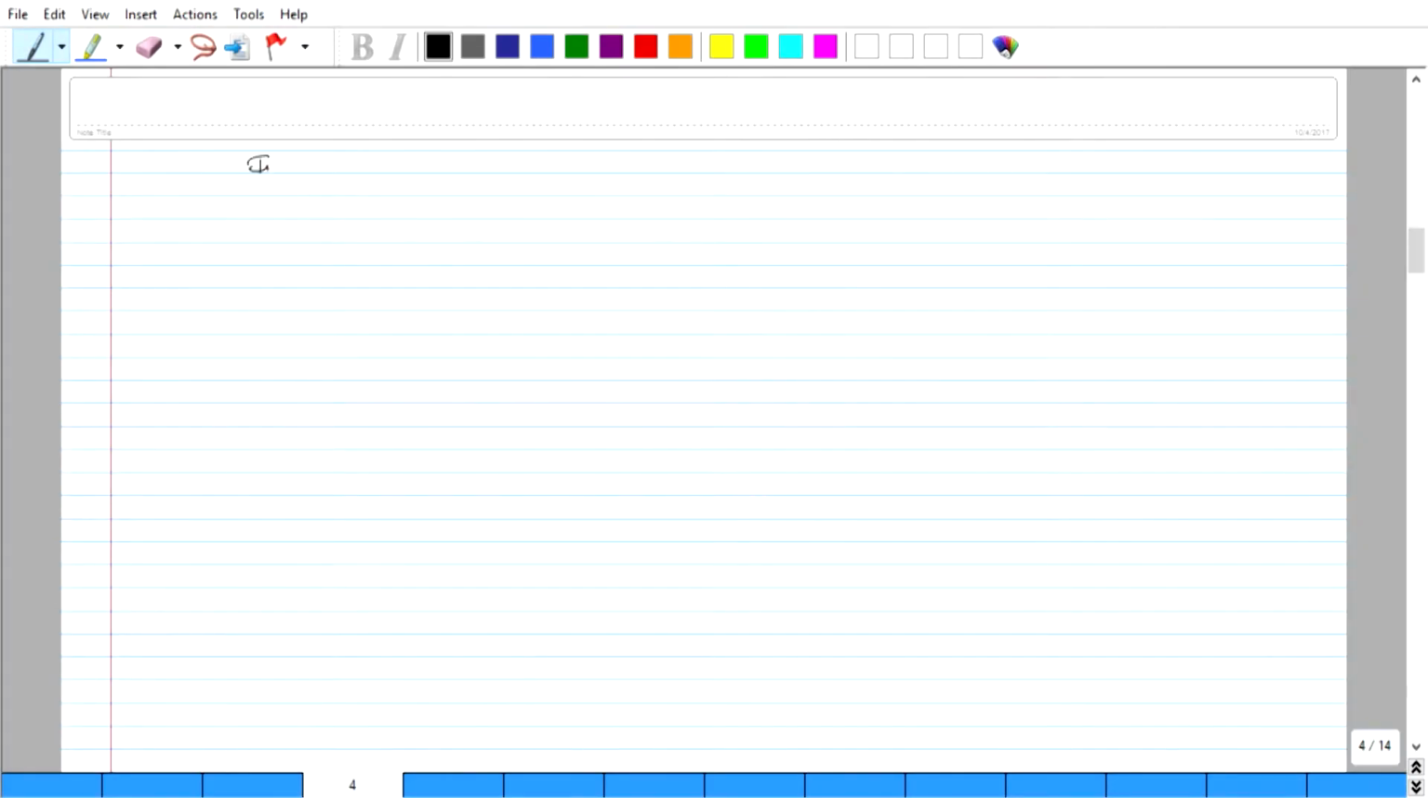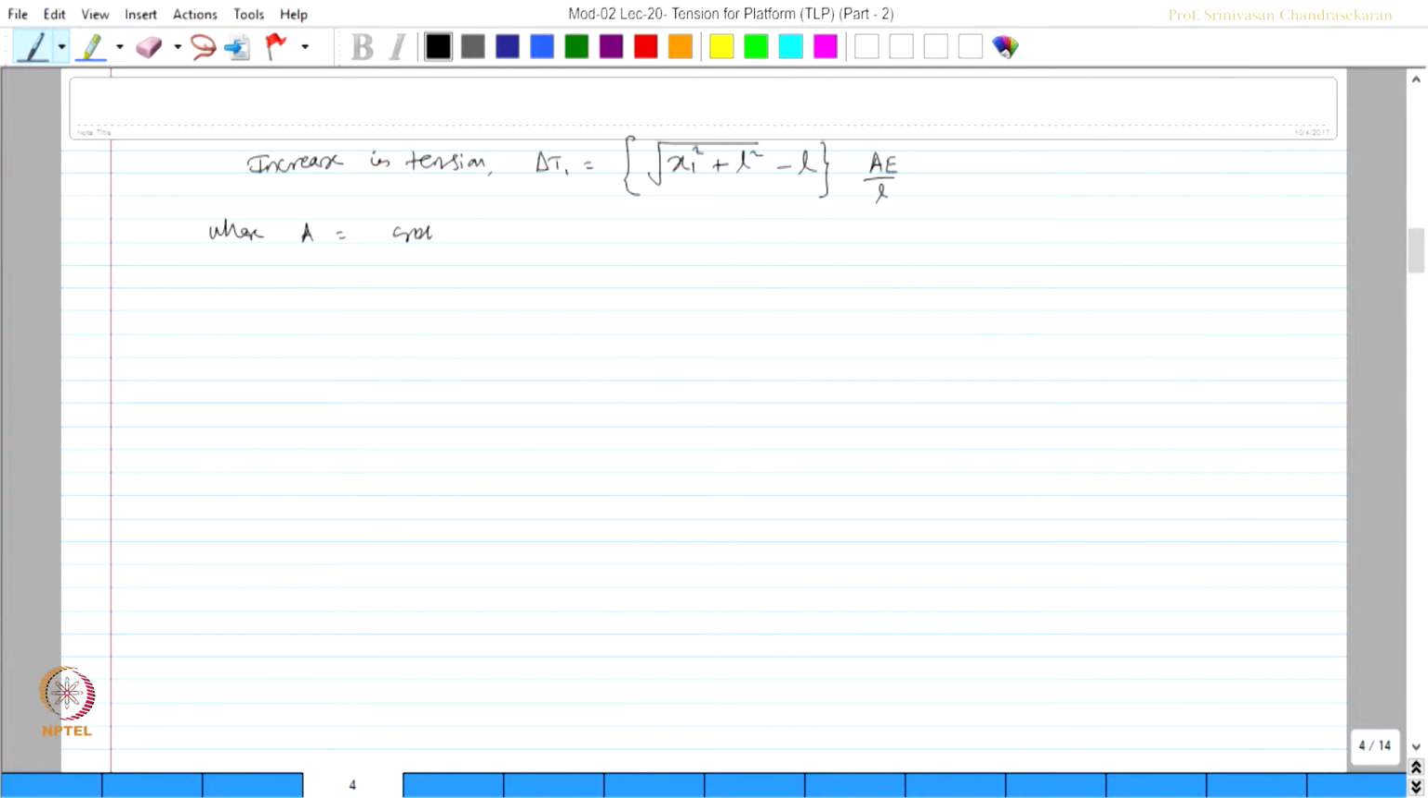delta T1 as x1 square plus L square the whole root minus L, multiplied by AE by L, where A is the cross sectional area of tethers, E is modulus of elasticity